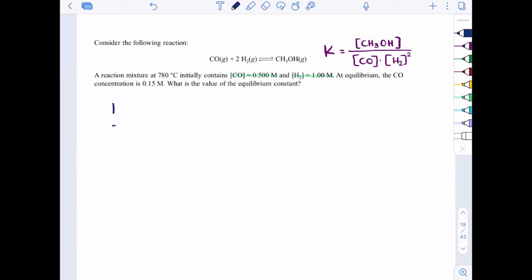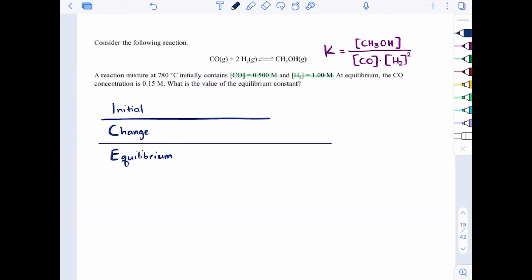We're going to set up something called an ICE table. I stands for initial. What are the initial concentrations? C stands for change. What's the change in concentration to reach E, equilibrium? We will be practicing with these ICE tables for the rest of this chapter. They are very, very handy in determining equilibrium concentrations. So now I want to be able to write in my ICE table carbon monoxide concentration, hydrogen concentration,